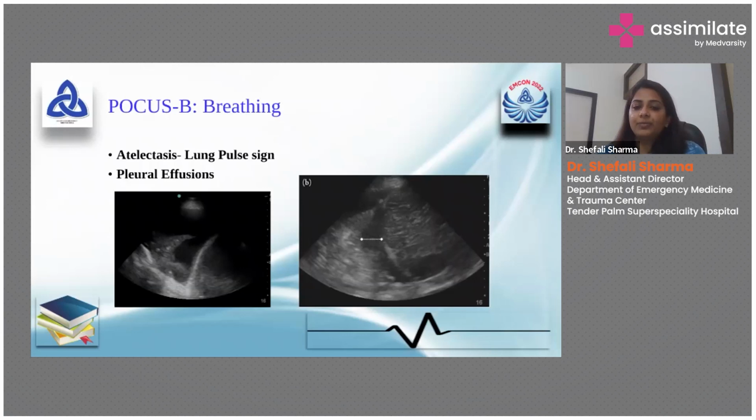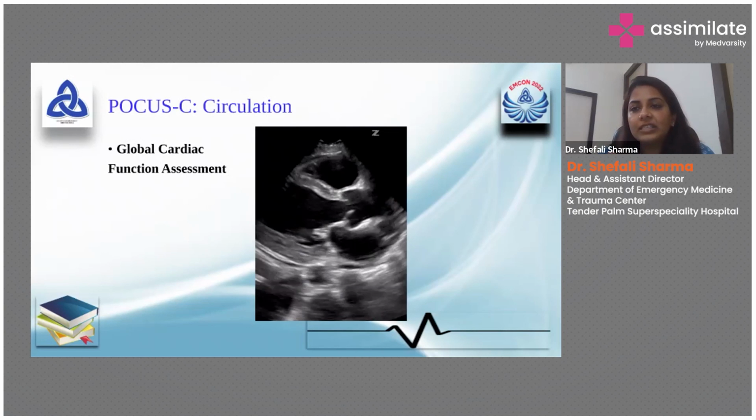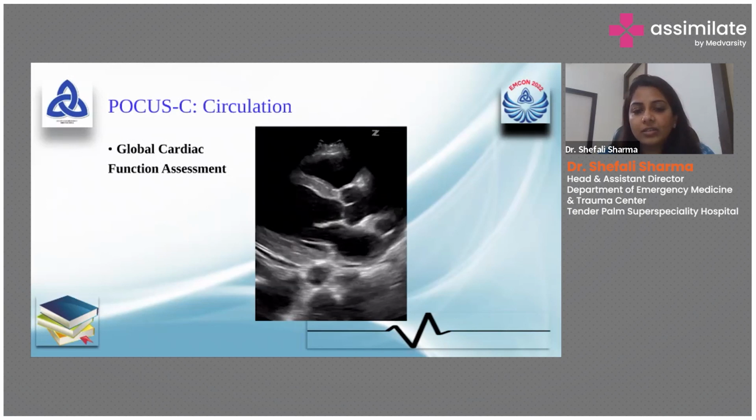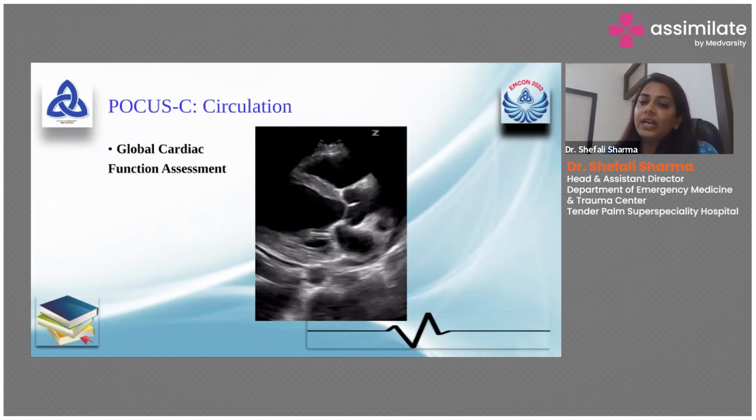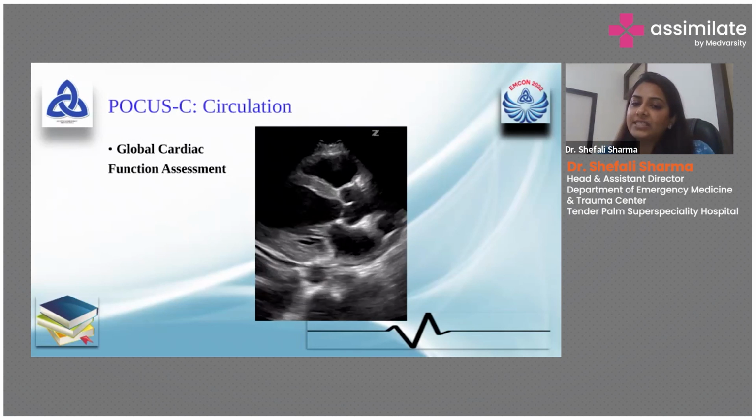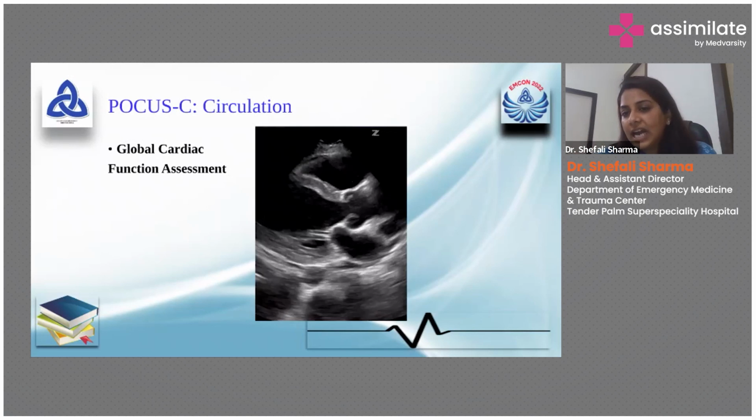Now, the circulation part. We completed airway, we completed breathing, where we saw the lung zones and the ultrasound, and now we come on to the circulation part. Whenever you do a lung ultrasound or assess the breathing, any patient who has come up with shortness of breath can have two most common causes. Either it could be from the lung side after taking the history and examination, or